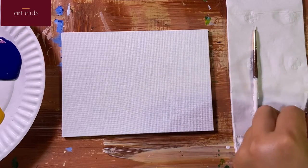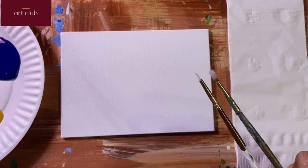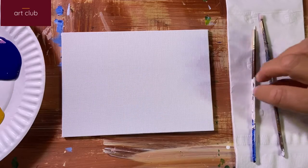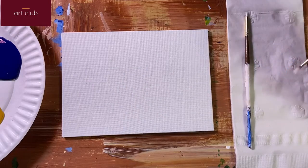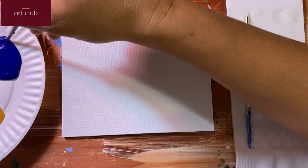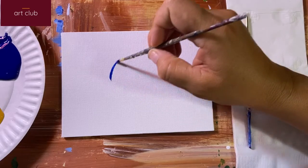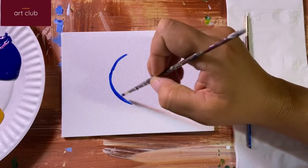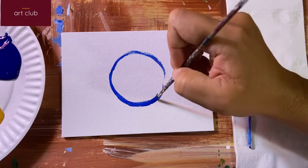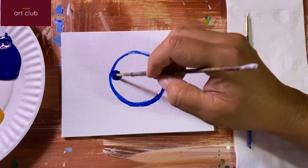So I'm just going to use two small brushes just for you to see. They're very tiny, okay? And I have a small panel canvas here just for you to have an idea. And I'm gonna do a shape. So I'm gonna have on a shape here, let's see, a circle. Don't mind my circle, okay? So with my circle,